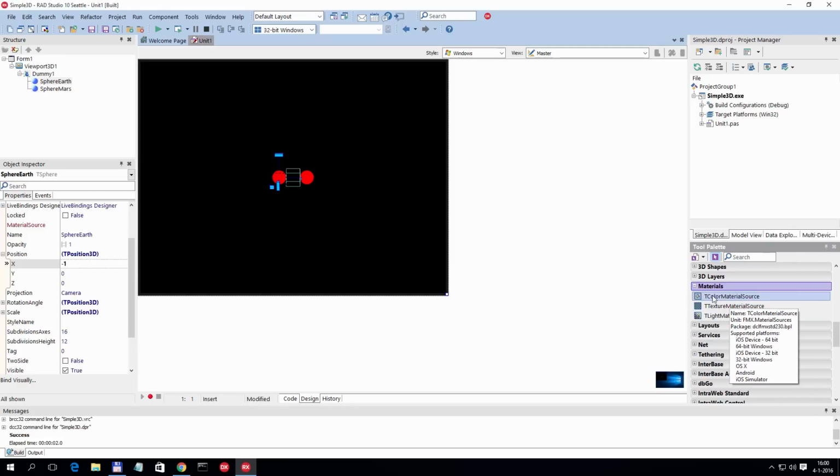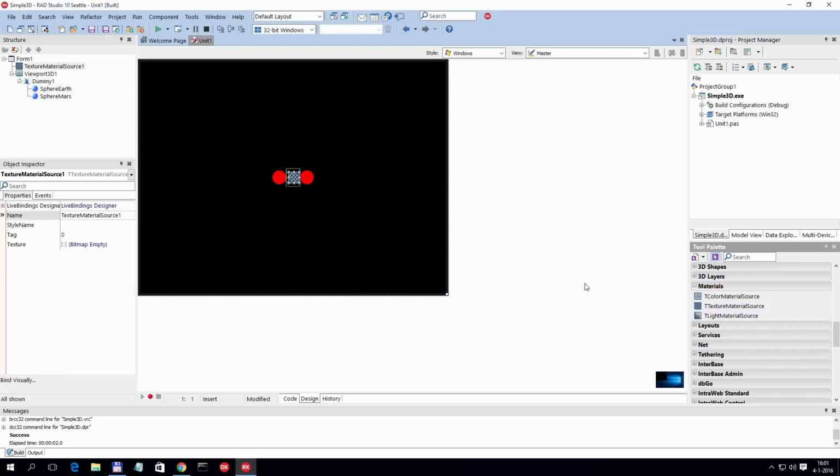I could actually use a T-color material source just to give any shape a color. I could use a light material source to give it lighting, like for example Guru lighting, or I can use texture material source if I want to apply a certain texture to the object. So I have two objects. One is for Earth, so I'm going to take this first texture material source and call it texture material source Earth, and I can now load into the texture